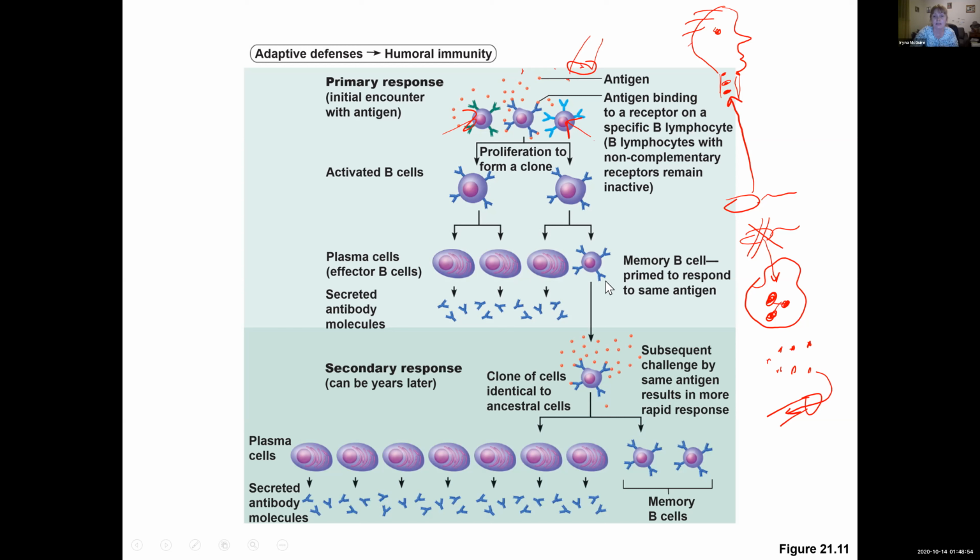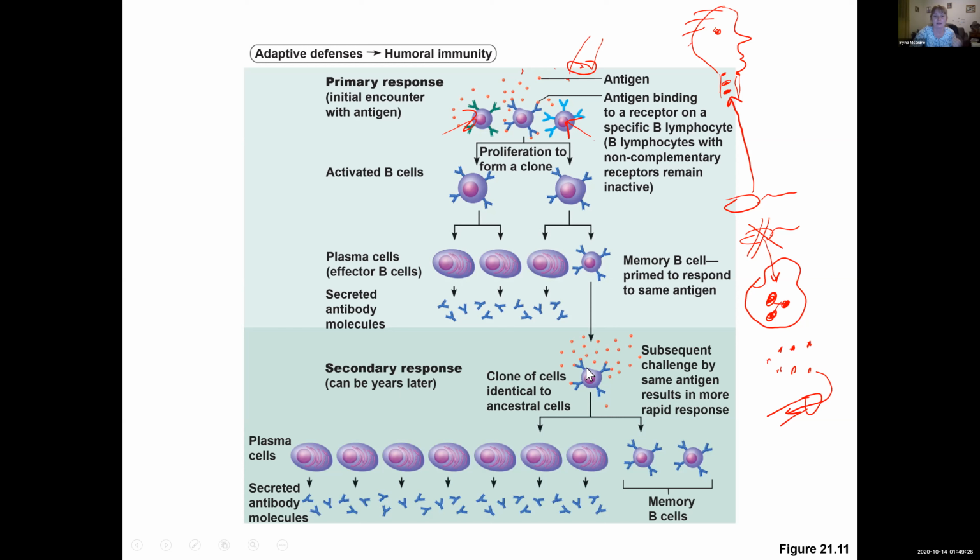Now, memory B cells are going to circulate in the blood and lymph, and they will keep a memory of this invader. Plasma cells secrete antibodies, and they secrete antibodies that specifically match this antigen. So that's our primary response, and it immediately shows you that when, several years later,